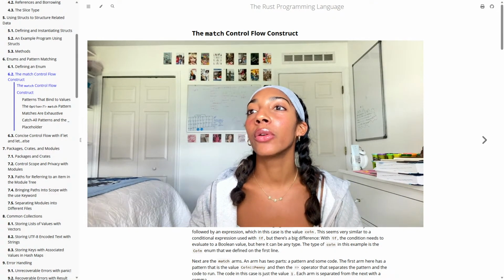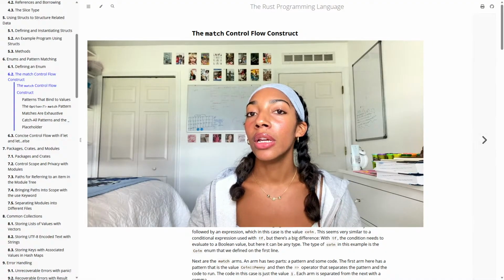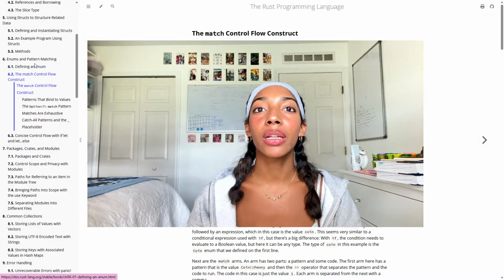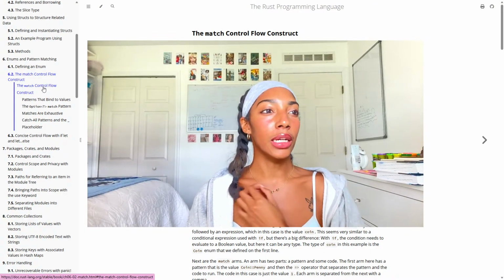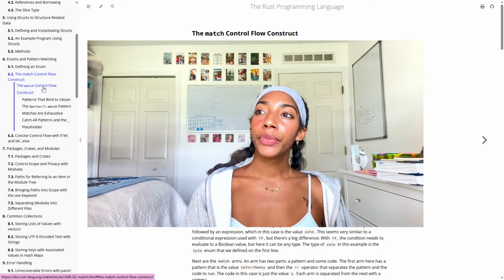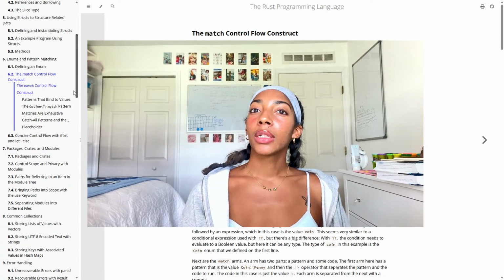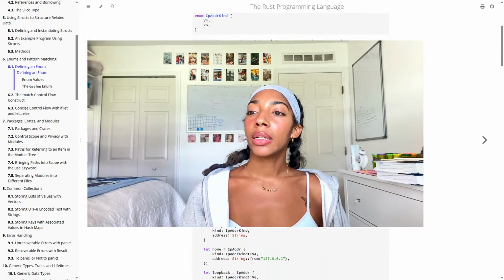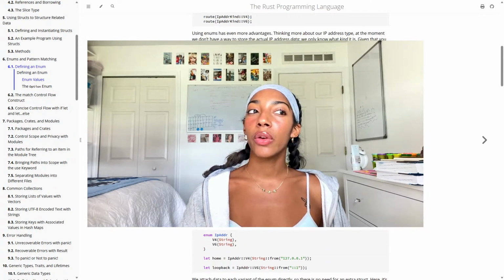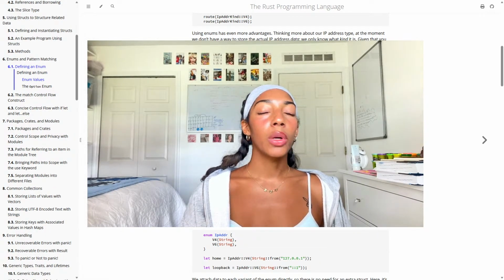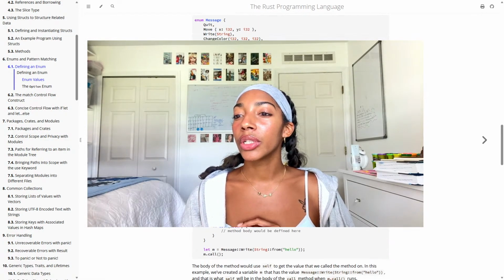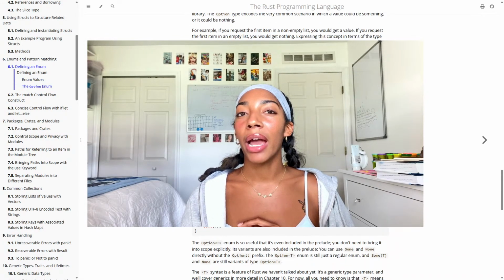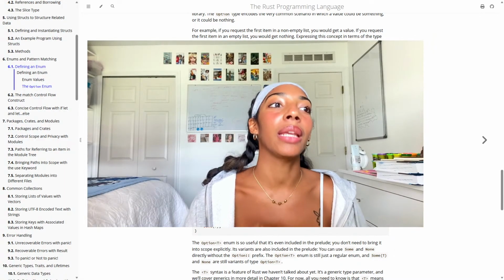So today we're going to get started on, we were doing chapter 6, so we're going to get started on 6.2. This is enums and pattern matching. Let's see what we did last time. Okay, this kind of just went over what enums were and everything like that. And I think we're just going to get into the nitty gritty of pattern matching and using match statements